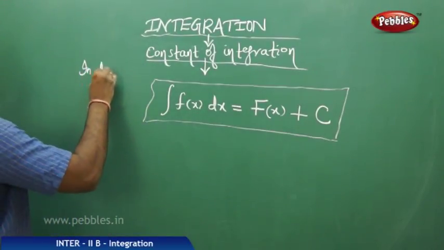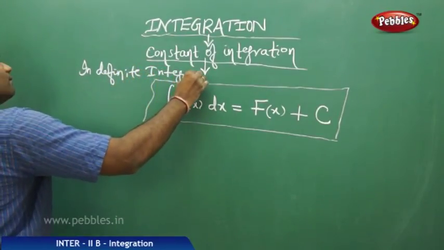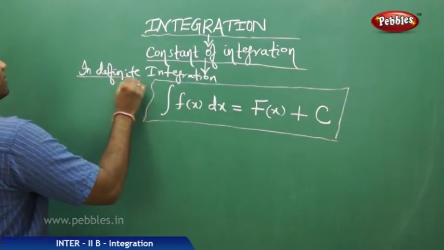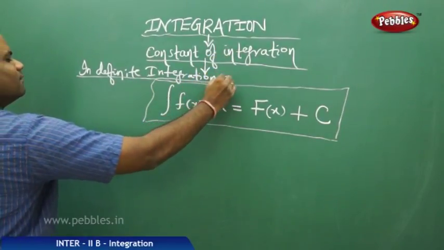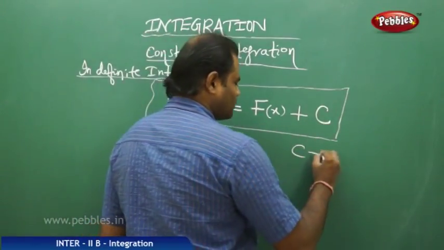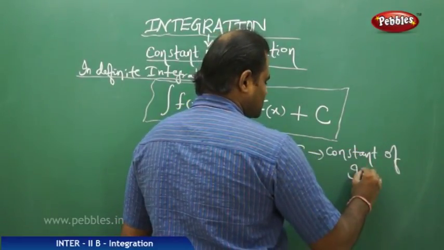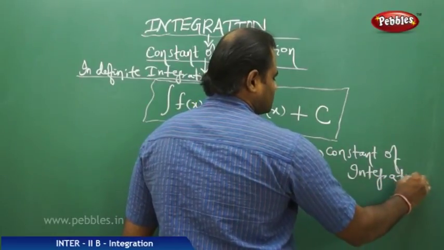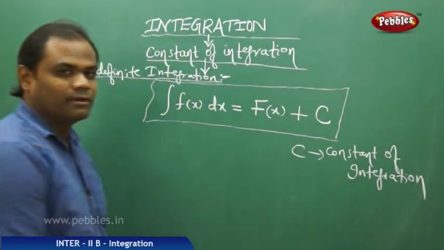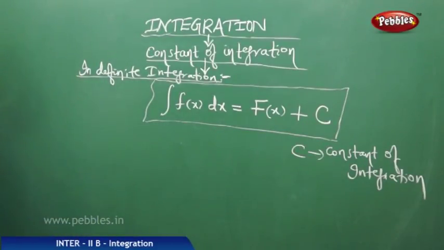For indefinite integration, I have the integral of f of x dx is F of x plus c, where c is the constant of integration. C is called the constant of integration. The reason for inclusion of c is, if you go back to the anti-differentiation concept, I have d by dx of